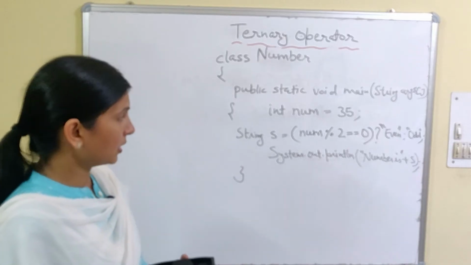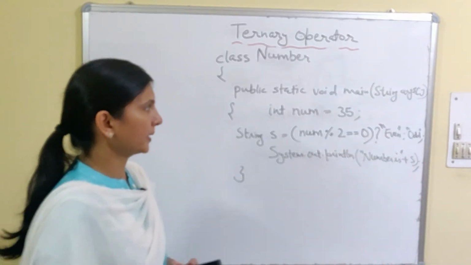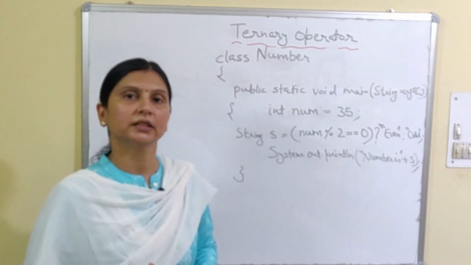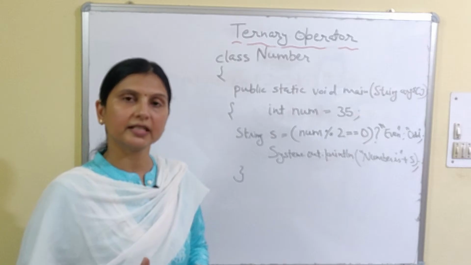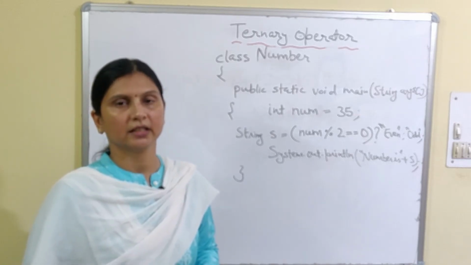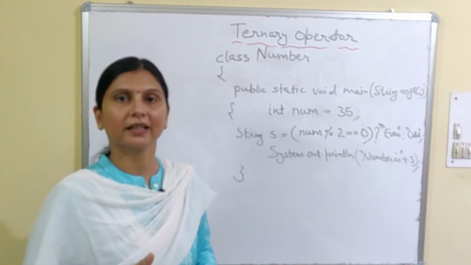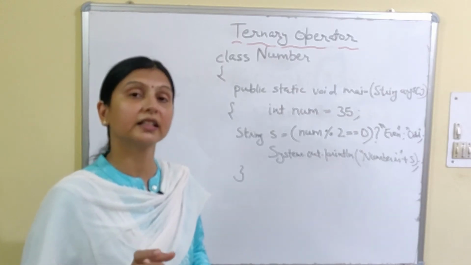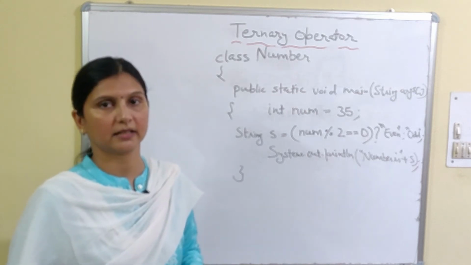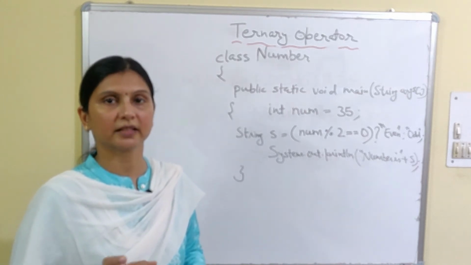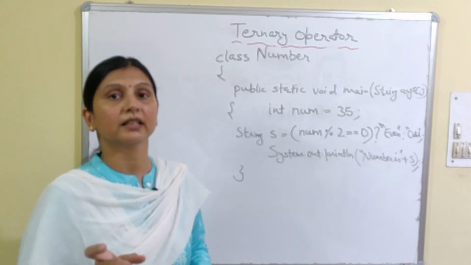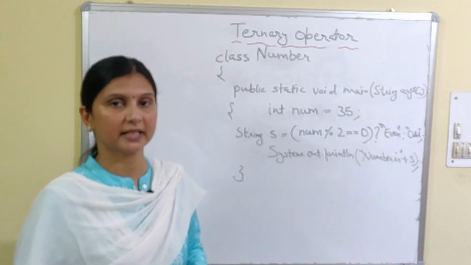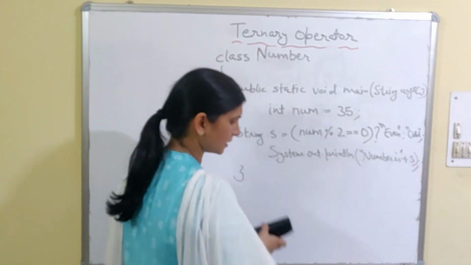Fine. Now we will make one more program. If I say enter two numbers and check if the first number is greater than the second one, suppose A and B, then it should calculate the difference A minus B, otherwise B minus A. So first we will check if A is greater than B, then execute A minus B, otherwise B minus A. Fine. So let's do it.